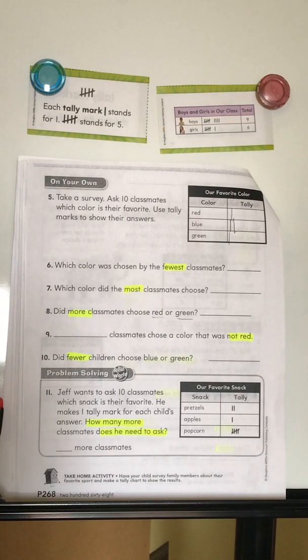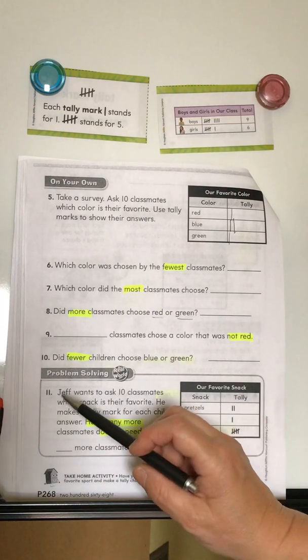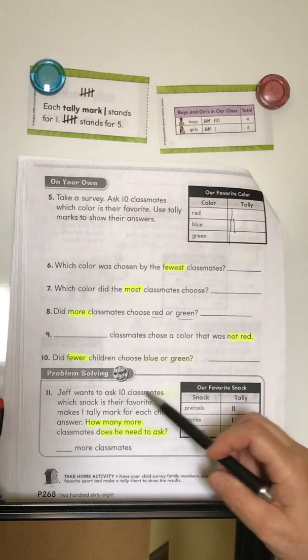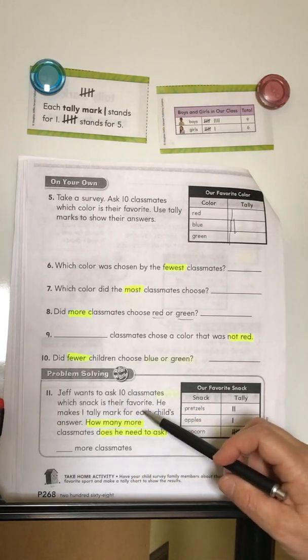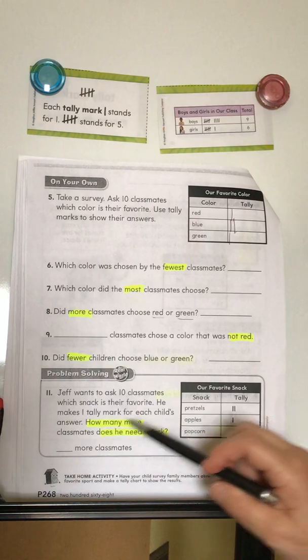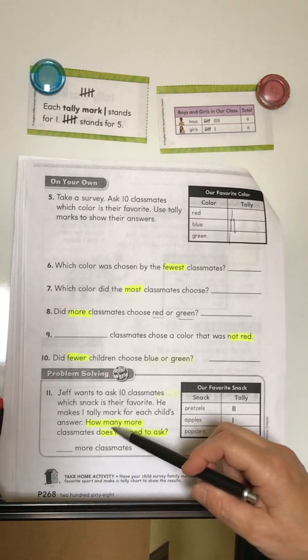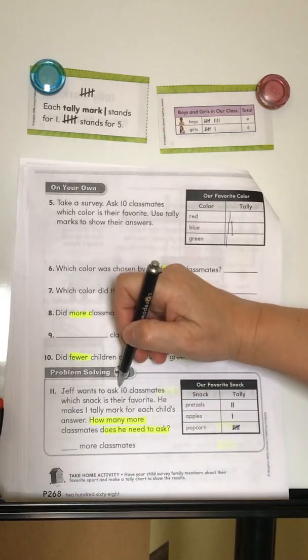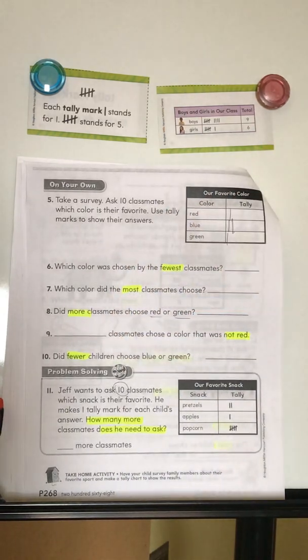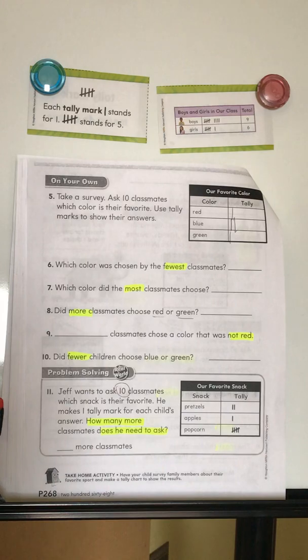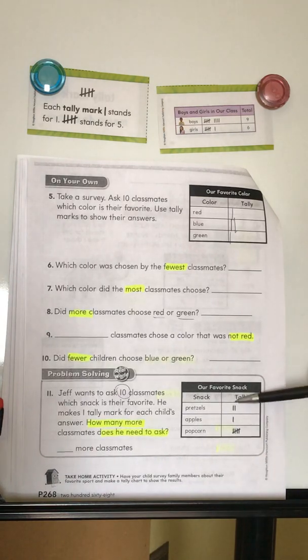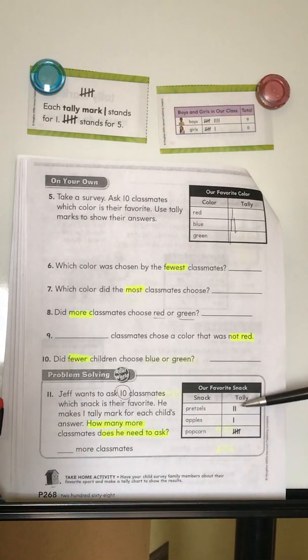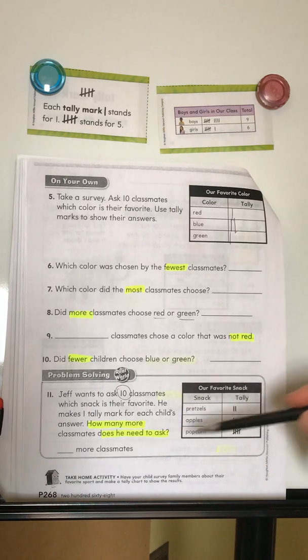All right, number 11, our last one for today. Jeff wants to ask 10 classmates which snack is their favorite. He makes one tally mark for each child's answer. How many more classmates does he need to ask? Okay, so remember 10 is our big number here. It says he's going to ask 10. So we need to count all the votes here and then see how many more he needs to ask to